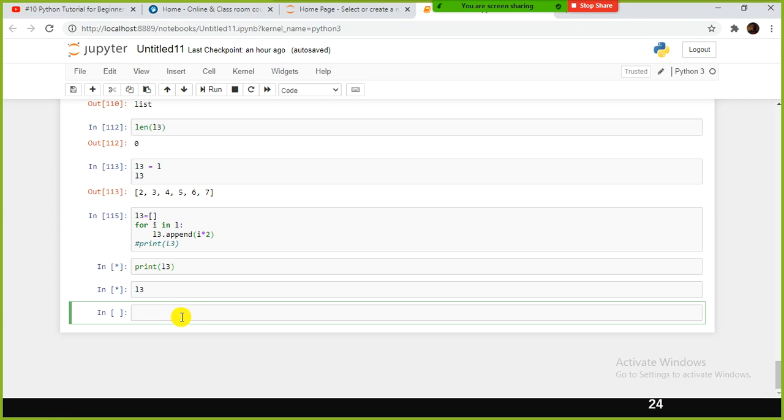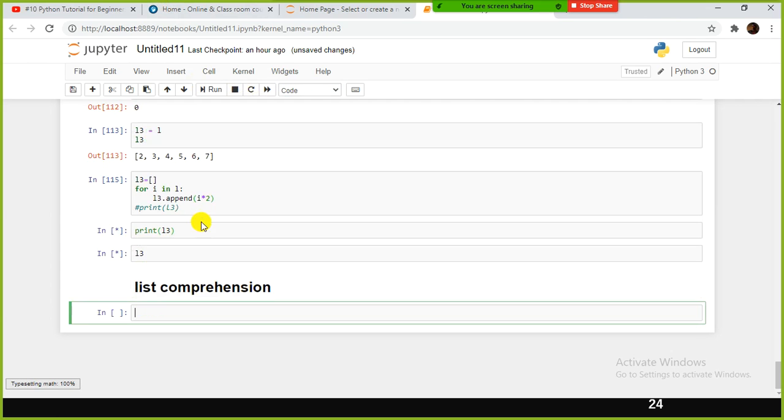But we have something called list comprehension in Python. That is the beauty of functional programming. You don't have to write multiple lines of code. For example, you have something called L4.